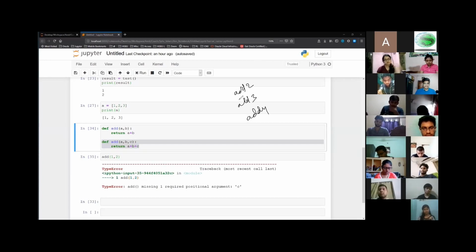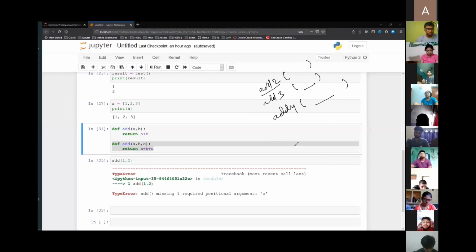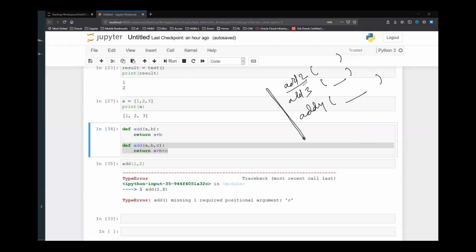That means when I am calling add 2, it will take 2 parameters. When I'm calling add 3, it will take 3 parameters. When I'm calling add 4, it will take 4 parameters, and so on. Now, if I design an application like this, how many functions does the user have to remember? Here it is very simple, I'm just using add 2, add 3, add 4. But there are multiple functions that a user has to remember, correct?